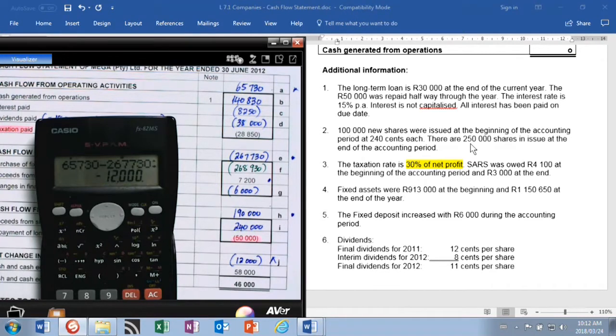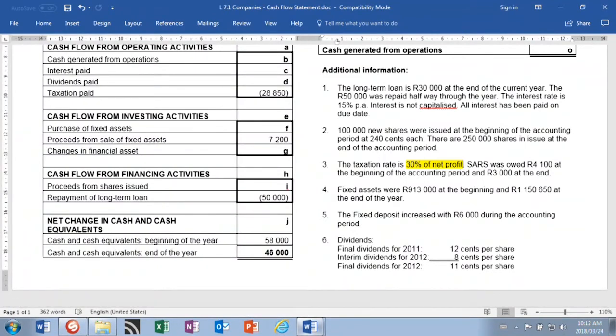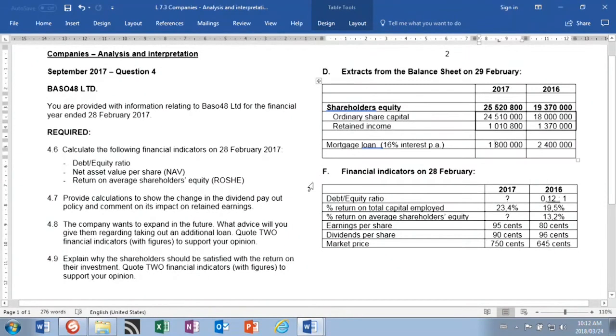Although it's a little bit of information, we must still do a few calculations. Okay, this was the last on cash flow statements. The next question that I've got here is only a small analysis and interpretation. I just want to show you a little bit of this, only the major things that they normally ask us in the question papers